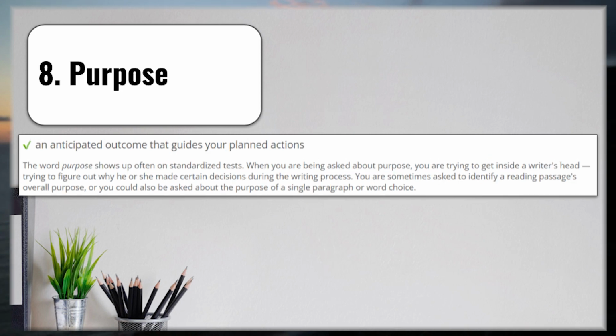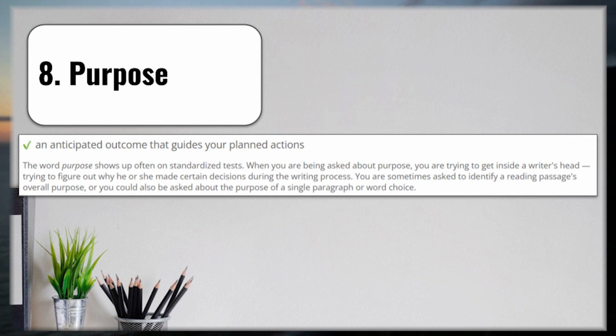Purpose is an anticipated outcome that guides your planned actions. What is your purpose in doing something? The word purpose shows up often on standardized tests and just tests in general. When you're being asked about purpose, you are trying to get inside a writer's head. Think of the term author's purpose. When you're trying to do this, you're trying to figure out why he or she made certain decisions during the writing process. You're sometimes asked to identify a reader's passage's overall purpose,